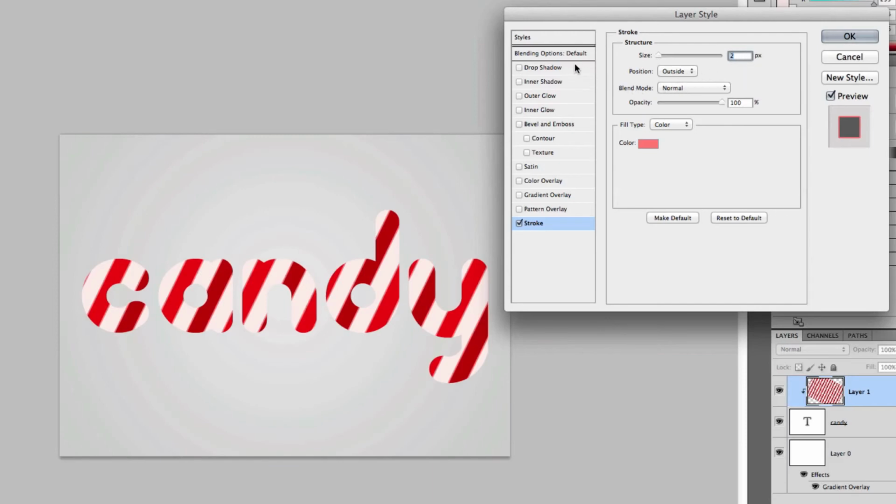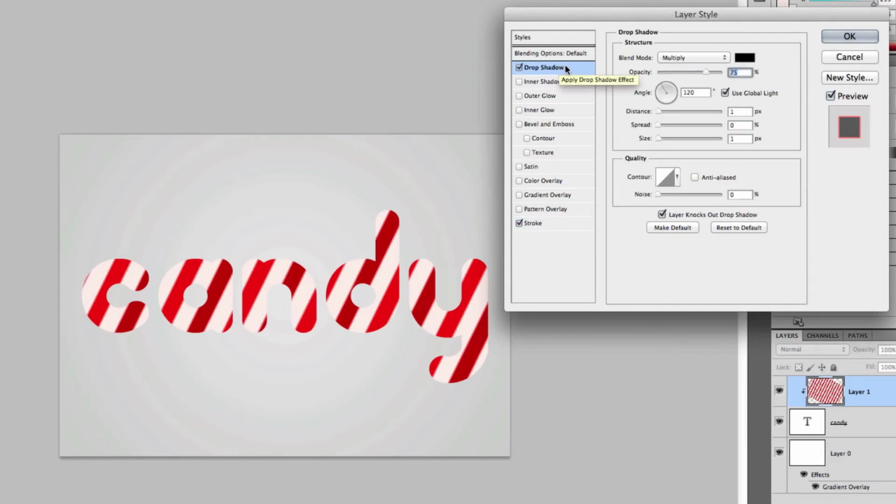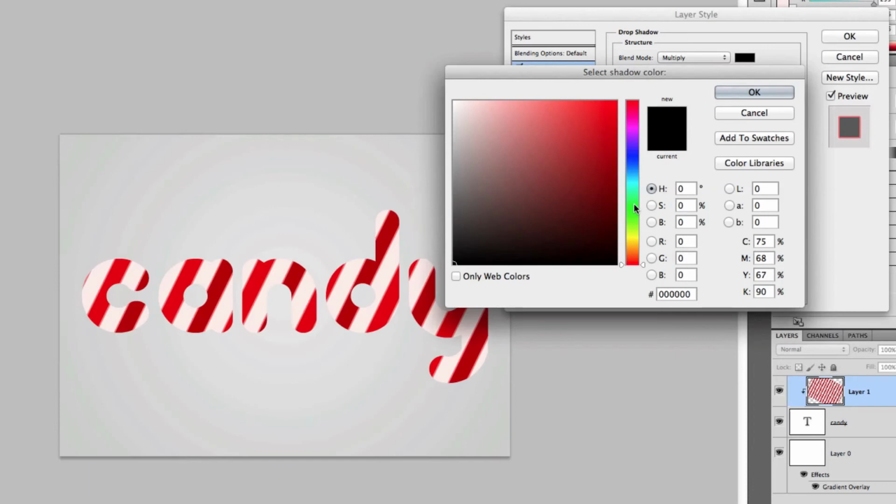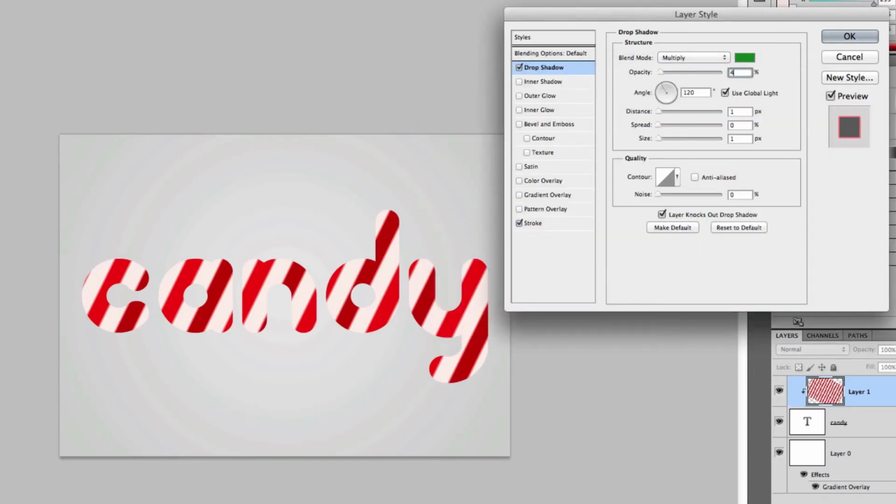The last style we're going to add is a drop shadow. Now, we're not going to be adding this drop shadow to give our pattern some depth. We're actually going to be introducing a third color to the mix. I'm going to add a subtle green line to my pattern. You may want to turn down the opacity so the green isn't too strong. I'll pop it around 45%. Now, down below, change the distance to 6 and the size to 1.